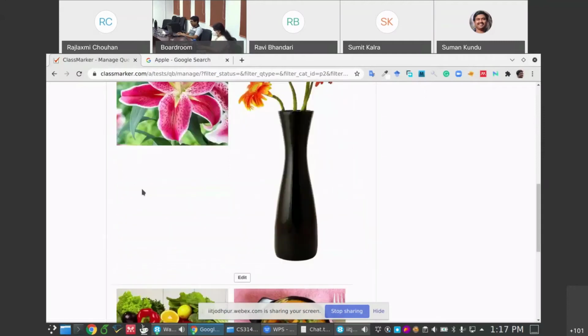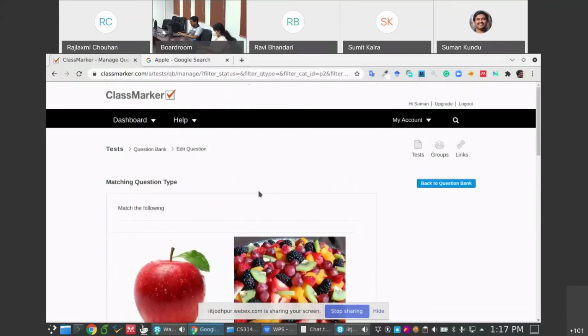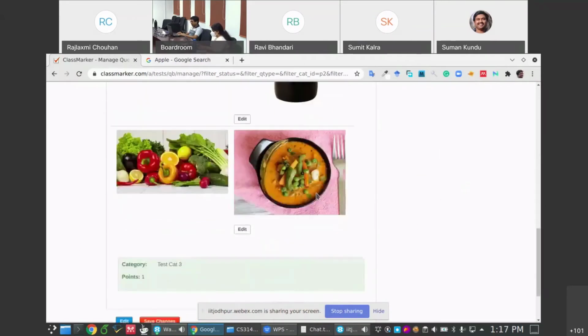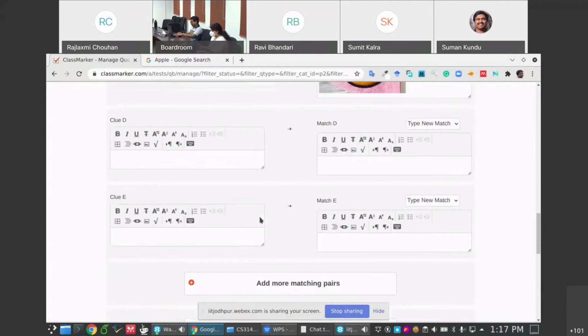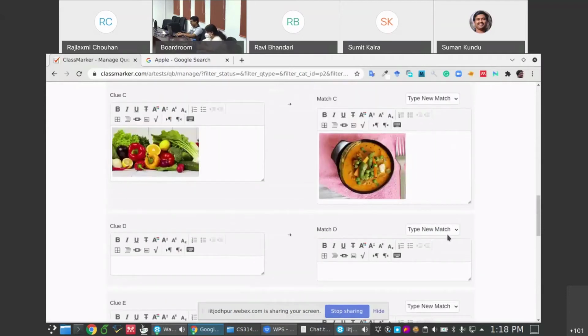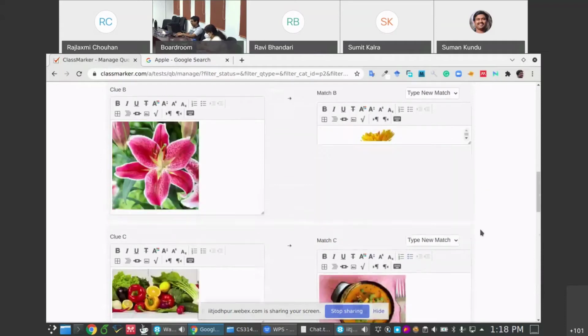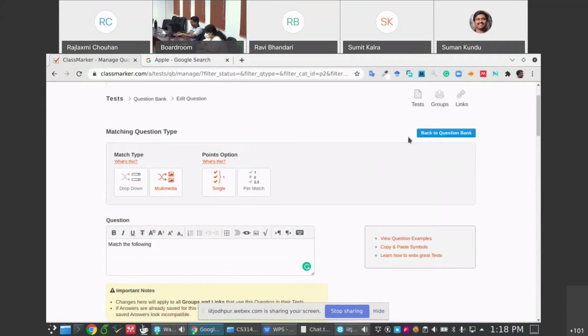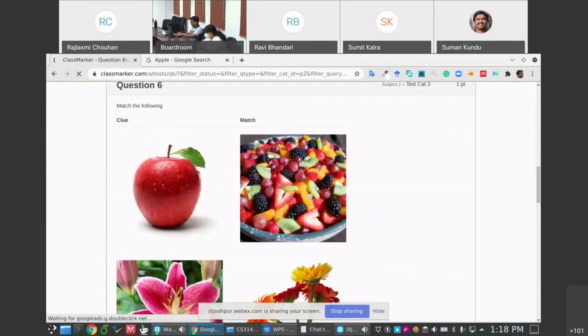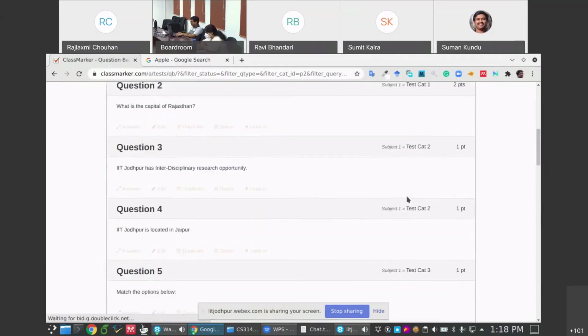Now, with the matching question, there is also a possibility that you may have one single option for both cases. That is also possible, like: new match or same as match A, match B, match C. So that type of question can also be included here. These are a very broad category of questions that you can create.